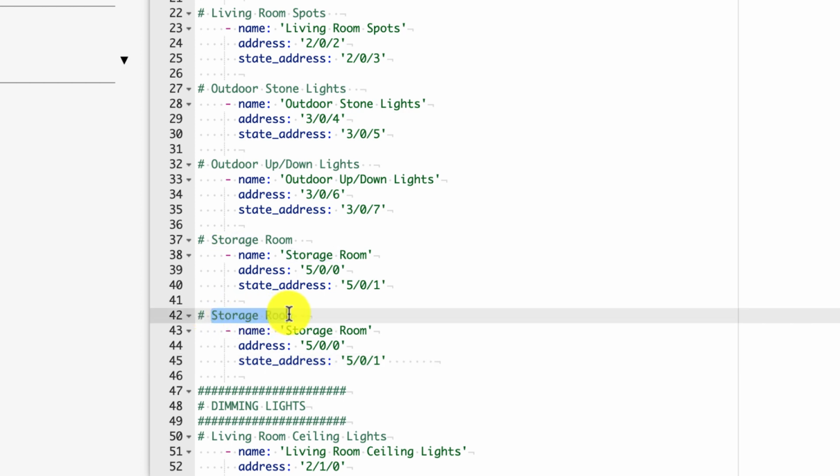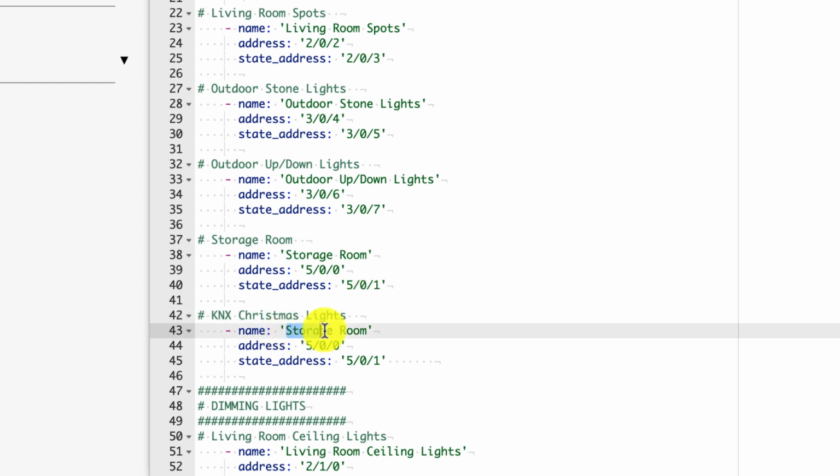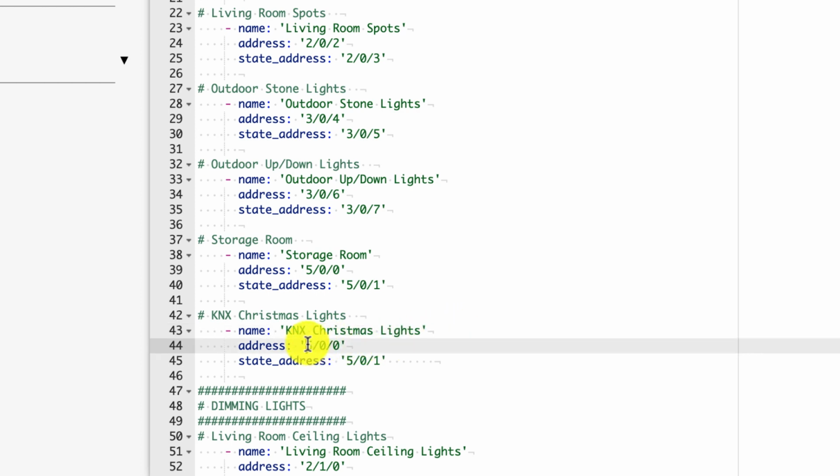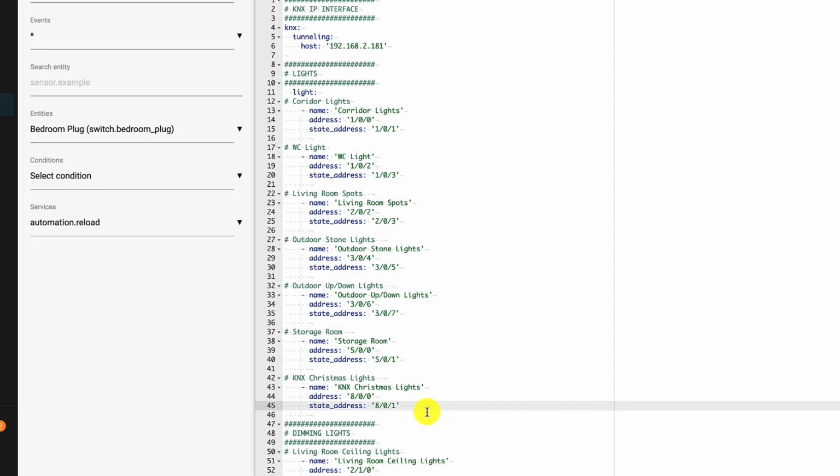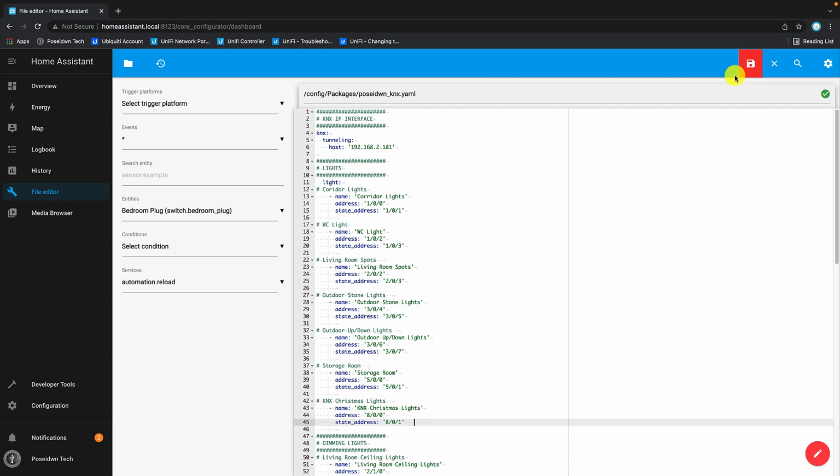I will name this light KNX Christmas Lights. The name will be also KNX Christmas Lights. The switching group address is 800 and the status group address is 801. Click on Save. When we are making changes to YAML files, we have to go to Configuration,